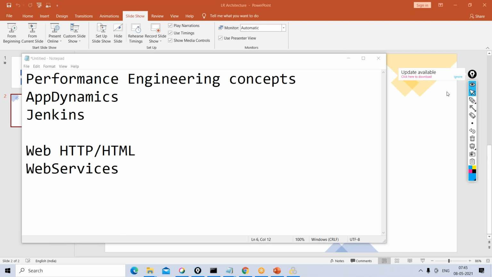And as I said, LoadRunner supports multiple protocols, right? I can tell you one thing: LoadRunner is the only tool in the market which supports the maximum number of protocols, whereas other tools have support for a limited number of protocols. In fact, JMeter's protocol support is also limited, whereas LoadRunner has a large number of protocols supported. And JMeter is purely based on Java, guys, but in LoadRunner it can be used with C and JavaScript also.